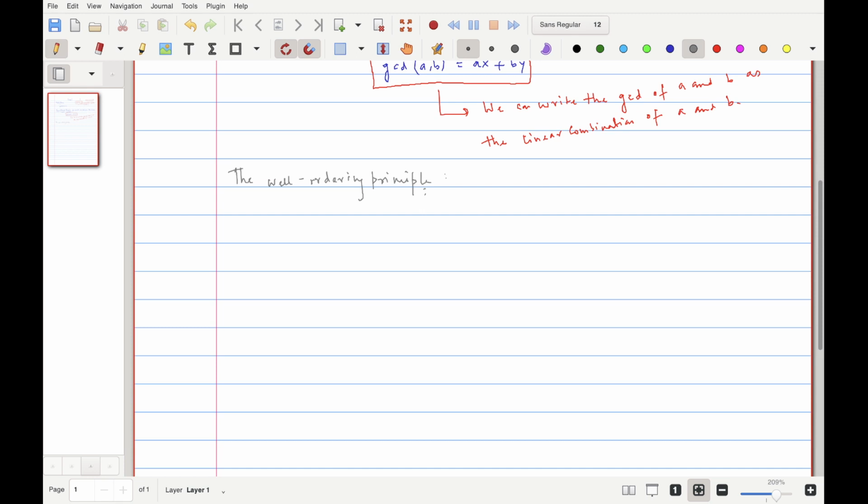The well ordering principle states that if a set S is a non-empty subset of the set of natural numbers,